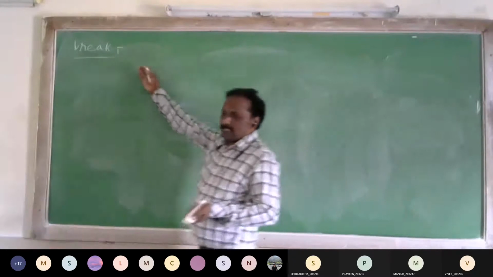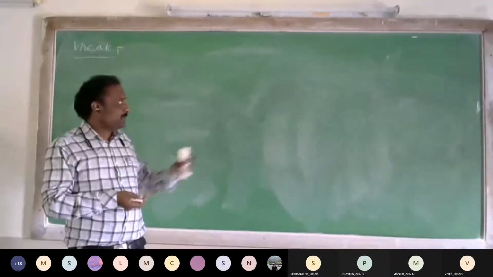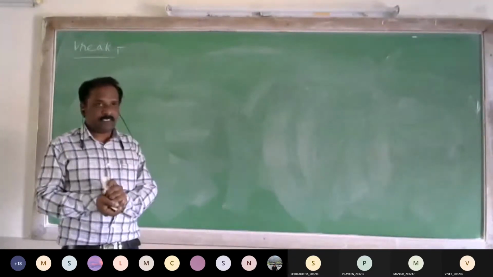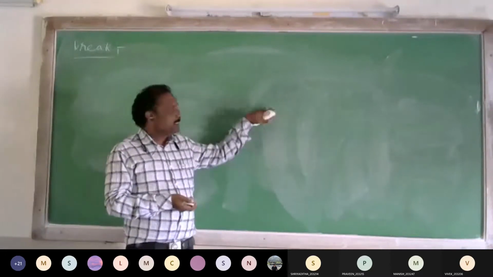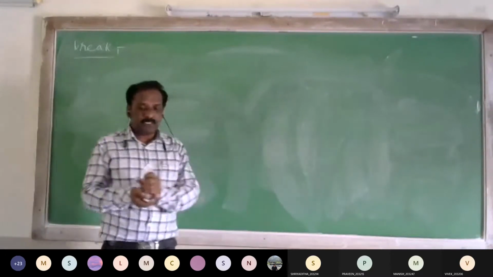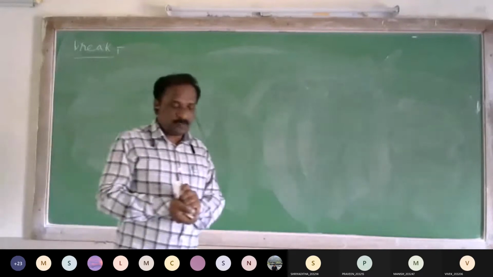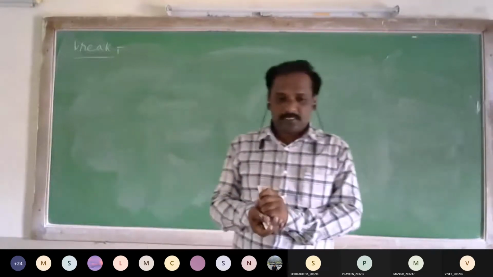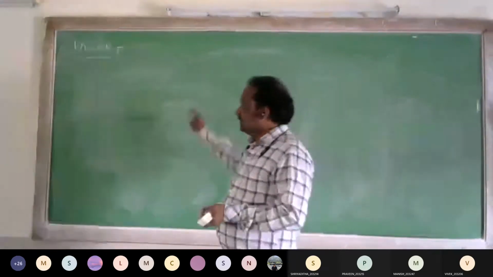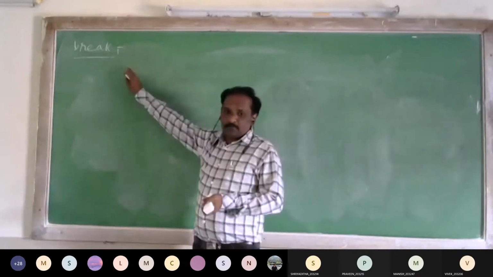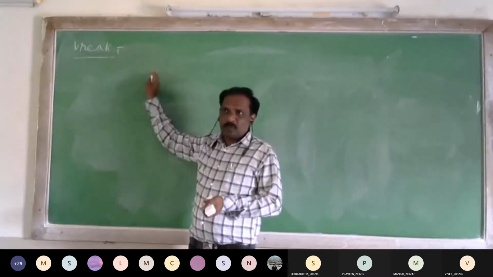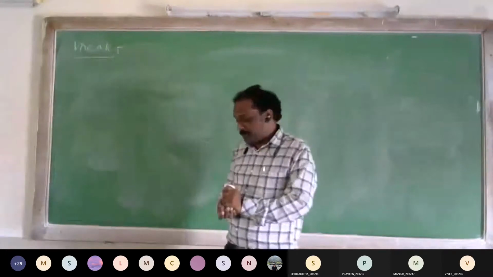We have seen the break statement in the switch case, when we were discussing the conditional control structure. In the switch case, after each case, we have written break. Whenever the break statement is executed, the control will come outside of the switch case block. Here we are discussing the break statement relevant to the loop control structure, either a for loop, while loop, or do while loop.